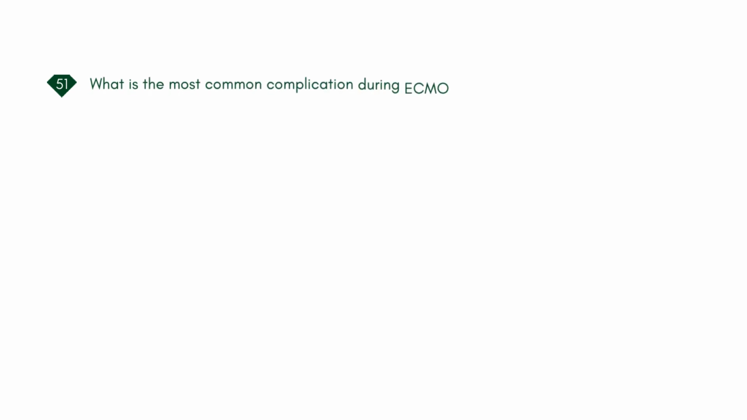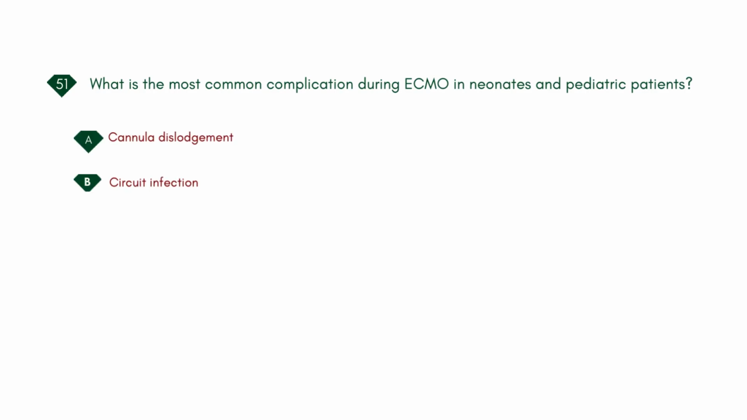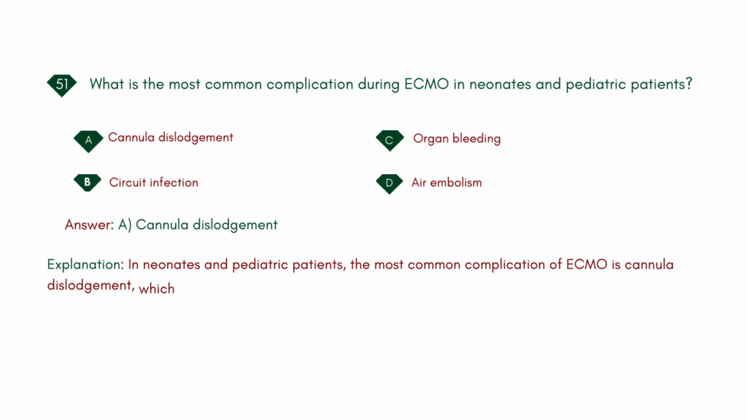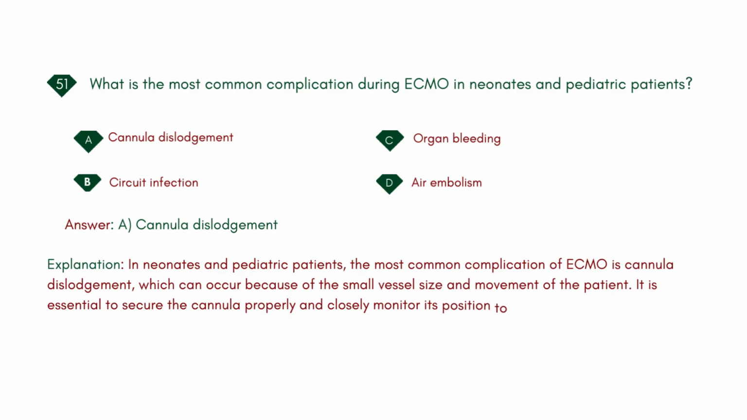What is the most common complication during ECMO in neonates and pediatric patients? A. Cannula dislodgement. B. Circuit infection. C. Organ bleeding. D. Air embolism. Answer: A. Cannula dislodgement. Explanation: in neonates and pediatric patients, the most common complication of ECMO is cannula dislodgement, which